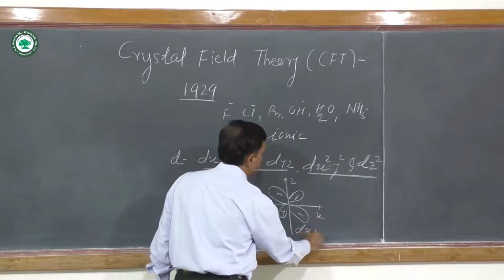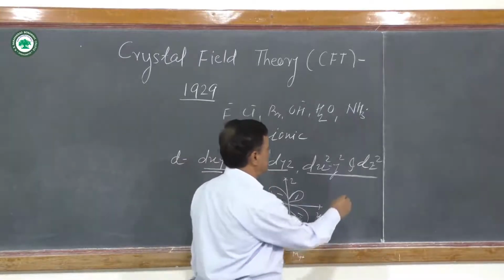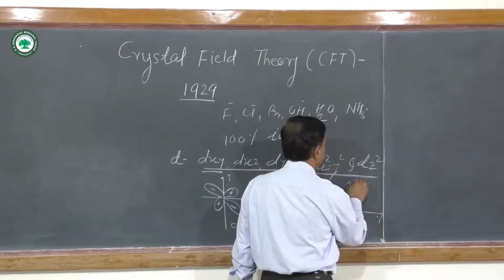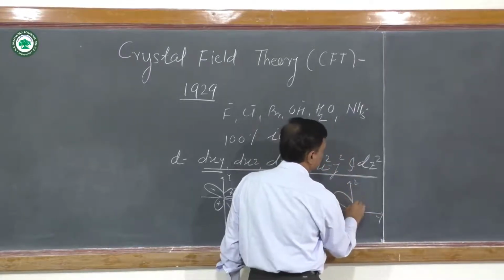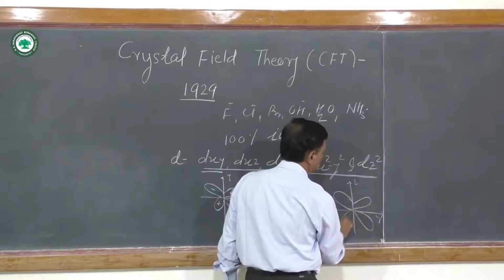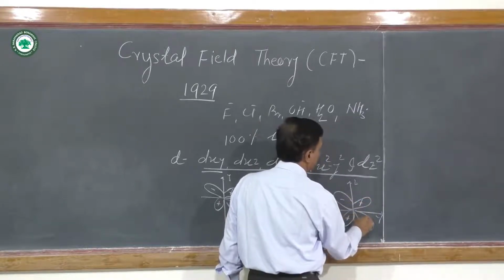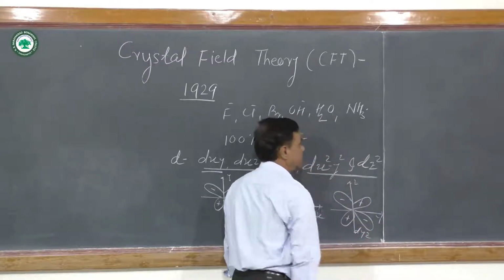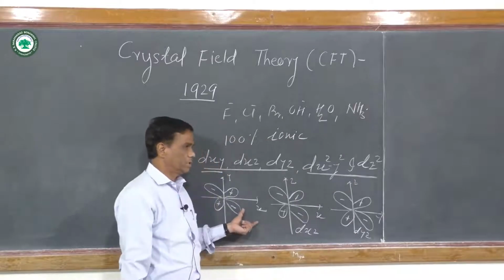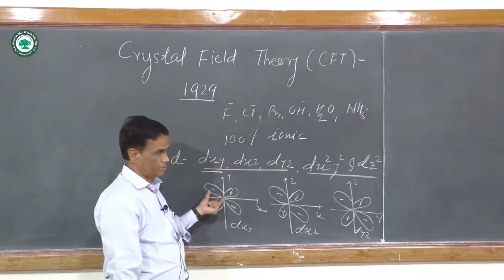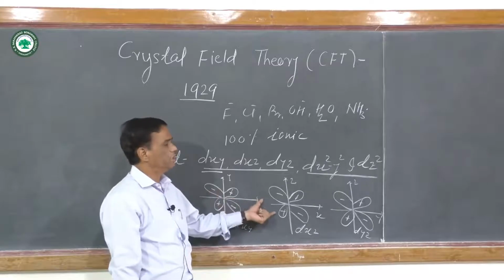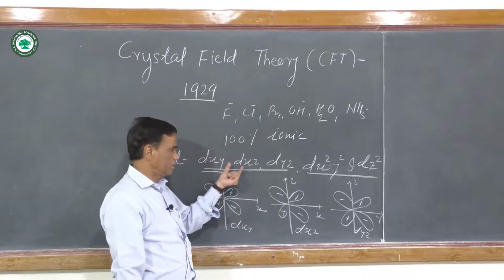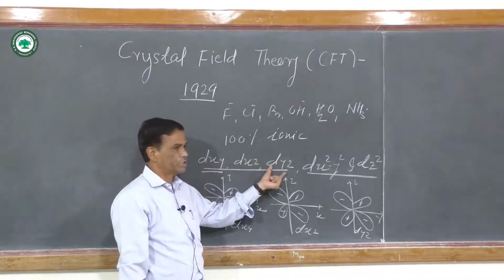This is dxz. If you consider the dyz, in the dyz orbital, this is the y-axis and this is the z-axis. Here is positive positive, and here is negative negative, and this is dyz. These are the 3 d orbitals, their lobes are in between the axes. They are clover leaf shape, and these are the structures of the first 3 d orbitals. First one is dxy, second is dxz, third one is dyz.